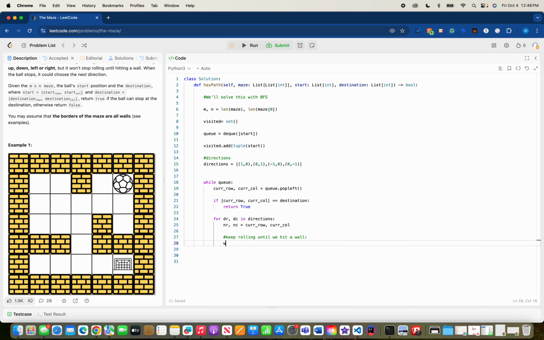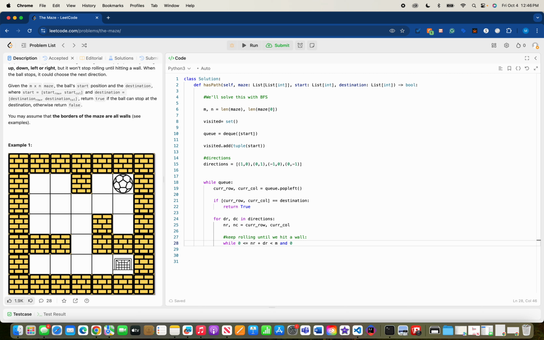So while 0 is less than or equal to nr plus dr, less than m, and it's the same concept also here,